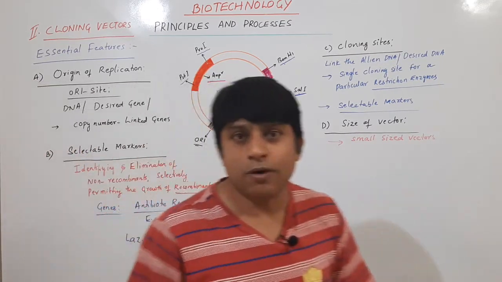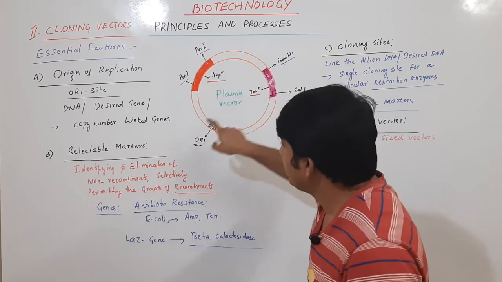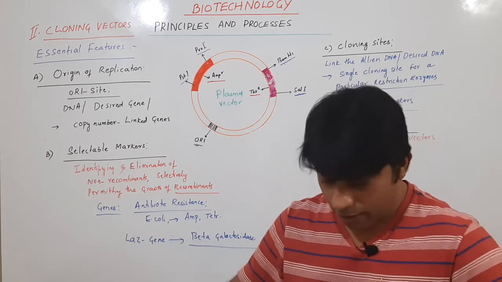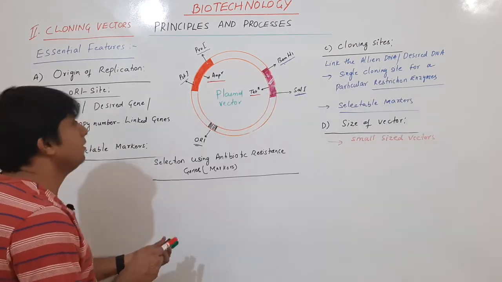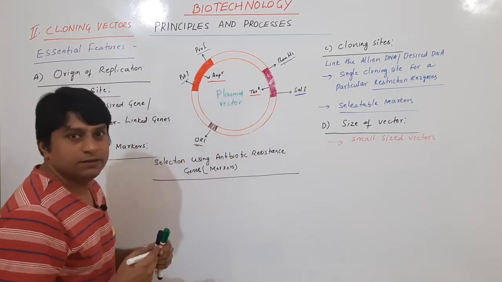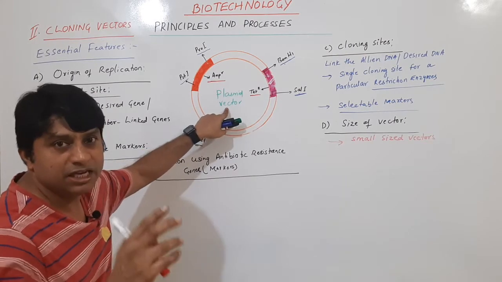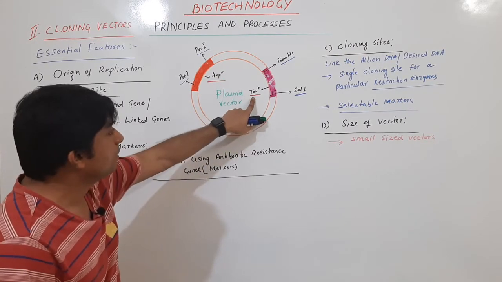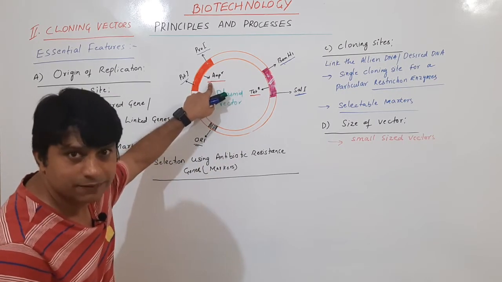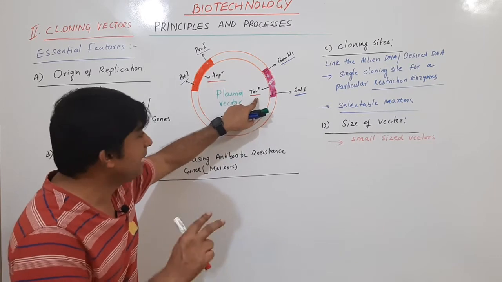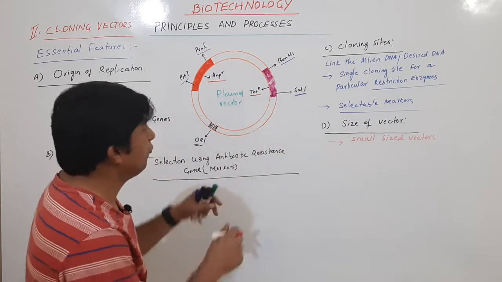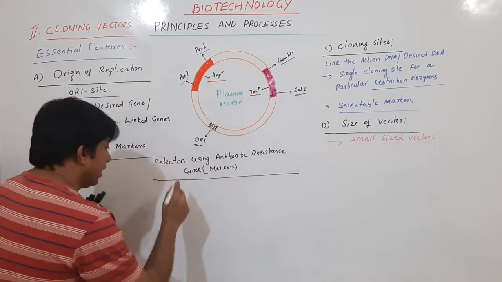To make it very clear, to understand better how, by using selectable markers, we can differentiate recombinants from non-recombinants, let us study. If I am using this plasmid vector, pBR322, it has 2 marker sites: one is tetracycline resistance and the other is ampicillin resistance. In the tetracycline resistance gene, it has restriction sites BamHI and SalI. Fine. For example, if I cleave